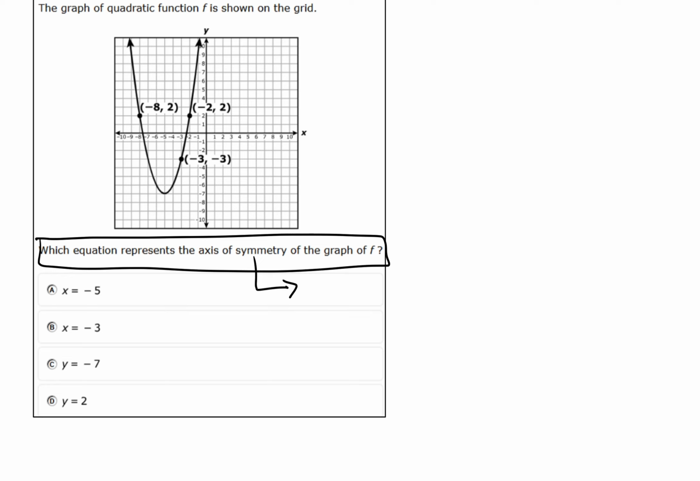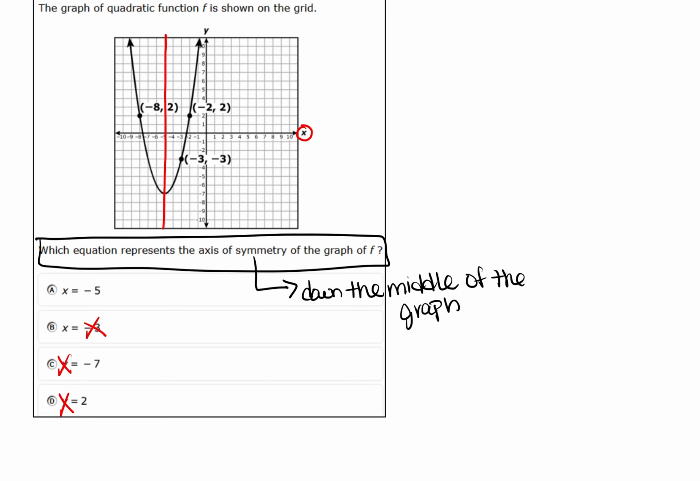Okay, so down the middle of the graph. So whenever you draw a line, it's going to go directly down the middle of the graph. So here is the middle of the graph. Notice it is crossing the X and not the Y, so none of them should have a Y. And then B is incorrect, and so A is going to be your answer because the number it touched was